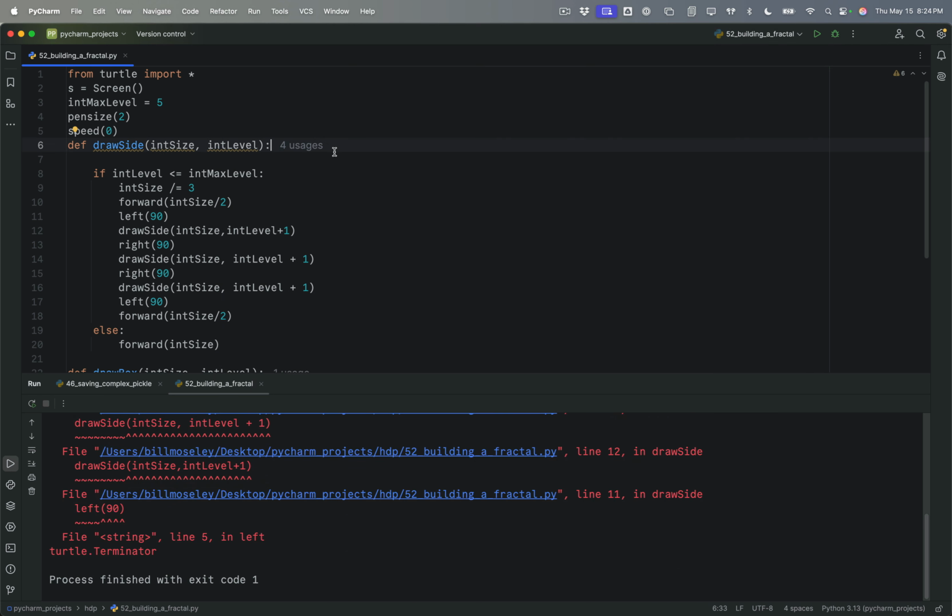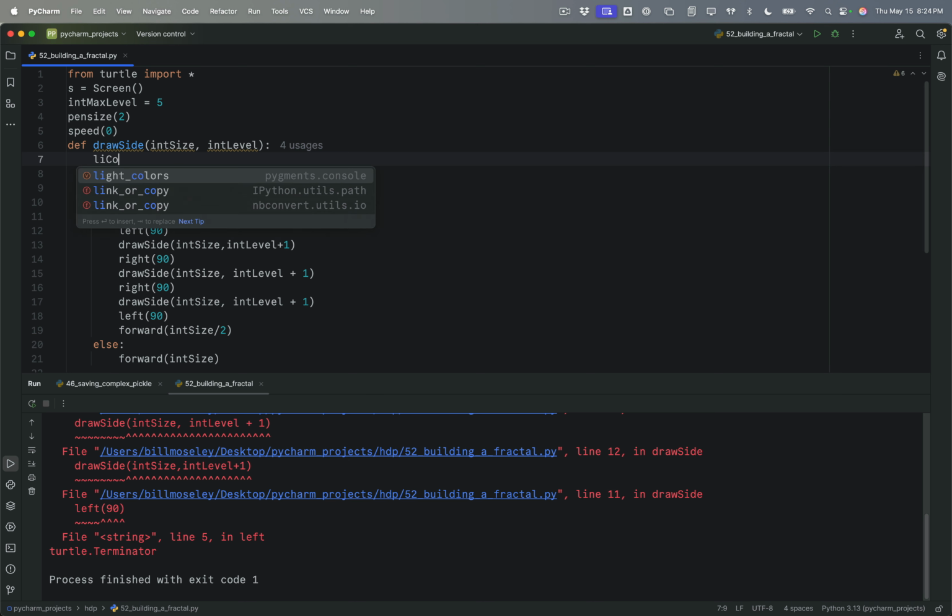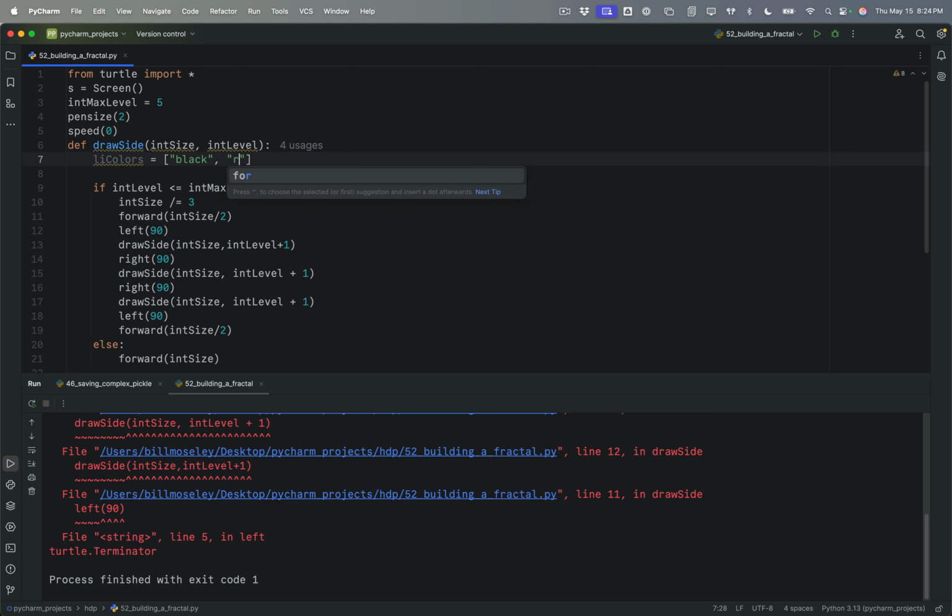And inside draw side, I'm going to create a list of colors. And we'll start with black, and then red, and then orange, and then I think I'm going to skip yellow because it doesn't show up very well. Green. Well, why don't we do this? White. And